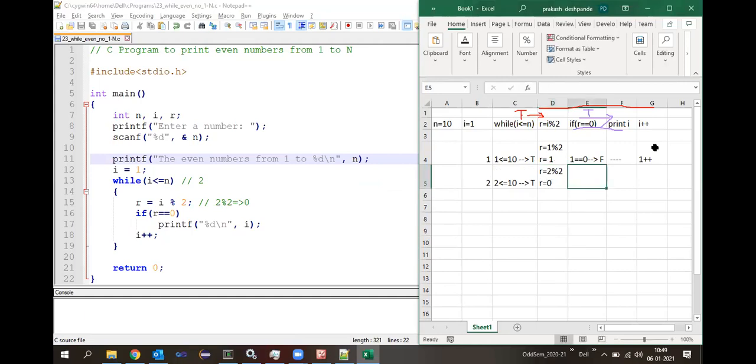The remainder is 0. Now, the next statement is the if condition. So here, is that 0? Is it true or false? True. Now this particular condition in the if is true. Since it is true, tell me, should I execute this print I? Yes, sir. That means what is the value of I now? Is it a 1 or is it a 2?